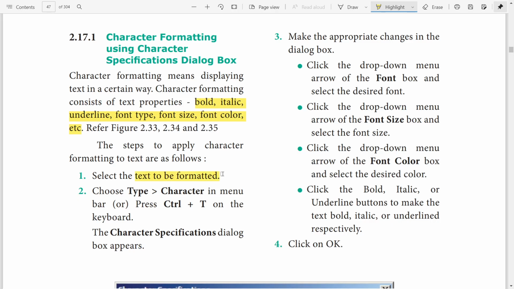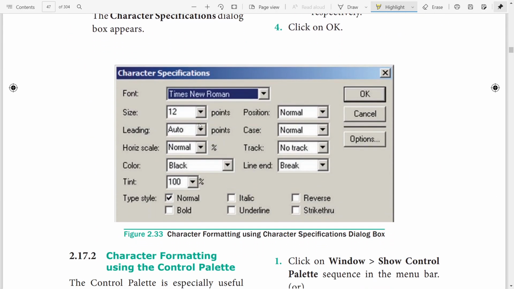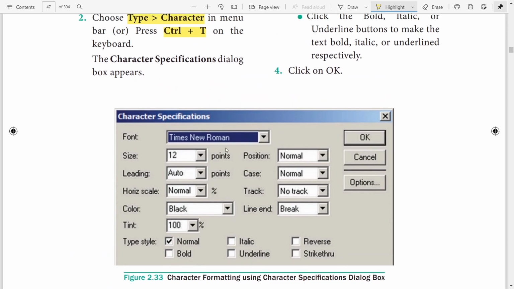Select the text to be formatted, choose Type and then Character in the menu bar, or simply press Ctrl T on the keyboard. The character specification dialog box will appear, for the selected text alone.